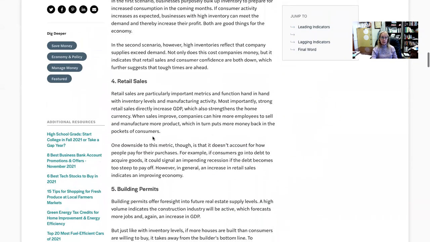Okay, and then retail sales, depending on your industry or company, you might want to use retail sales. Of course, if the retail sales numbers are up, that's a good sign. It's a leading indicator that the company's going to do well. People are spending money, the economy's going to do well. One problem right now, though, with this retail sales number, and you may mention this if it's relevant for your company, is